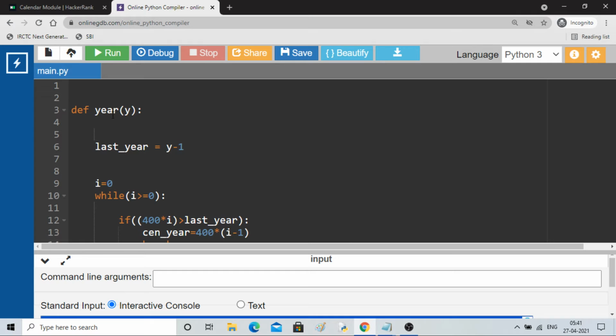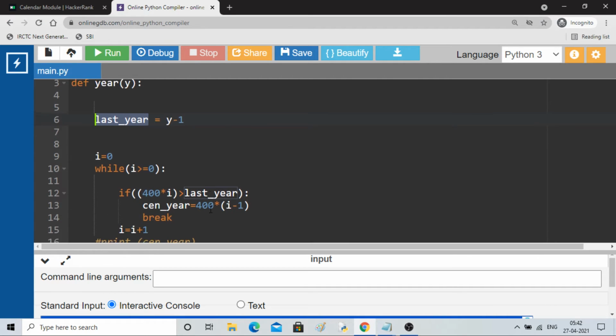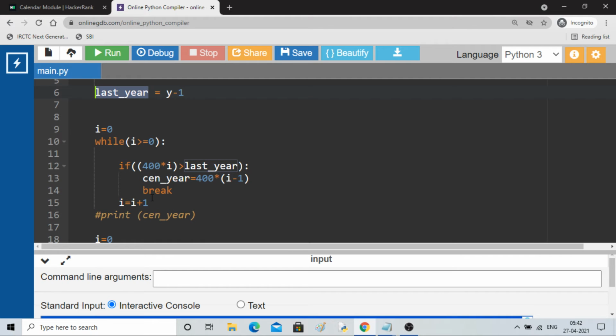So let's go to the year function with our year. Just like we used to calculate the number of odd days for one less year, this is what I am doing. y is our integer type year. Year minus 1, I have saved in last year. Last year means just a year before the requirement. Then we start our algorithm. There is a while loop. You have seen all these things on the board, and now I am just going through it so you will be able to grasp it.